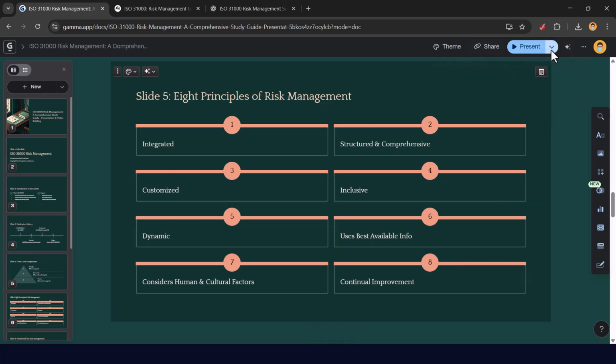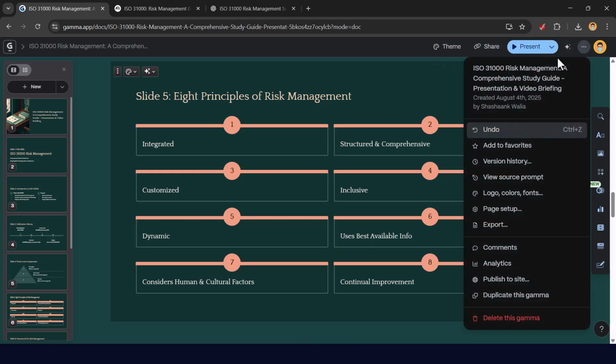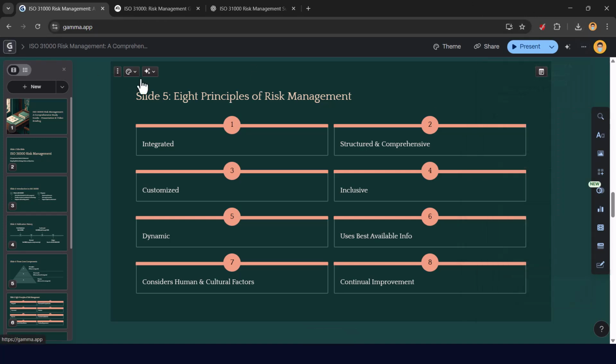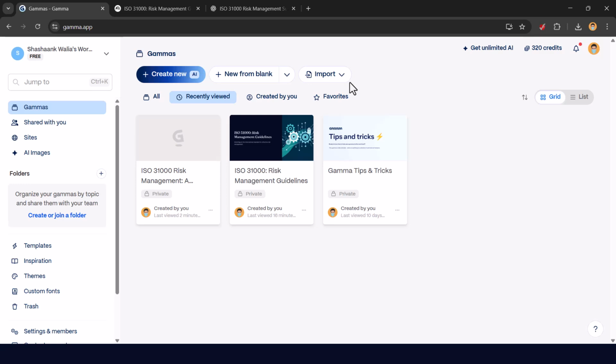Then, if you go to this button, you have the option to export that presentation, and it will be downloaded in PPT form, and then you can use it and share it with other people, right? A few things which you have to keep in mind is that once you start using the AI,